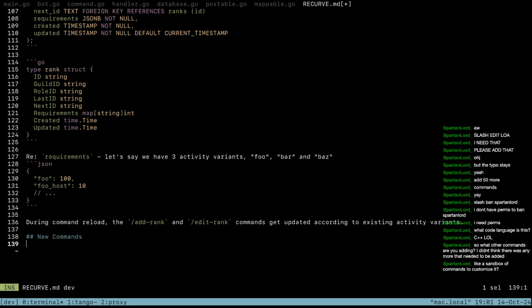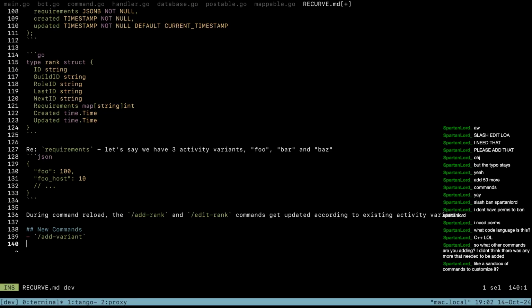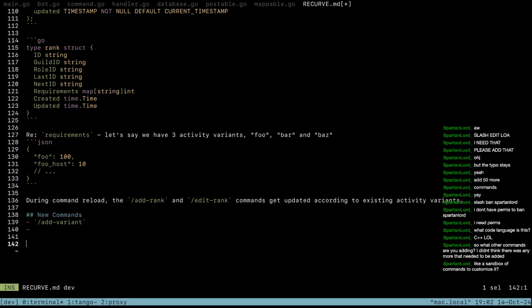New commands, like a sandbox of commands to customize it. So basically you'd have add activity or add variant. I'm going to call it variant because that's what the database table is called. You'll have add variant, and what you'll do, well, let me list out all the new commands, because this will be add